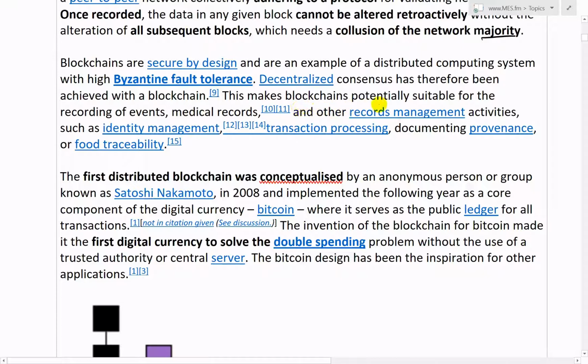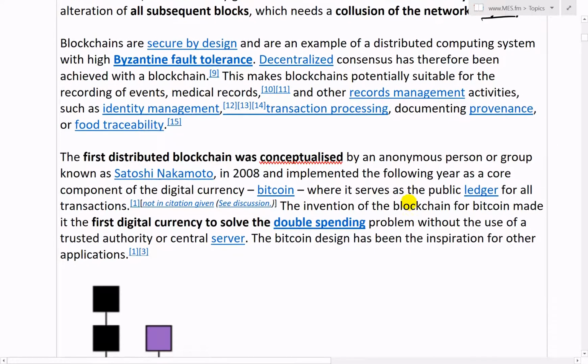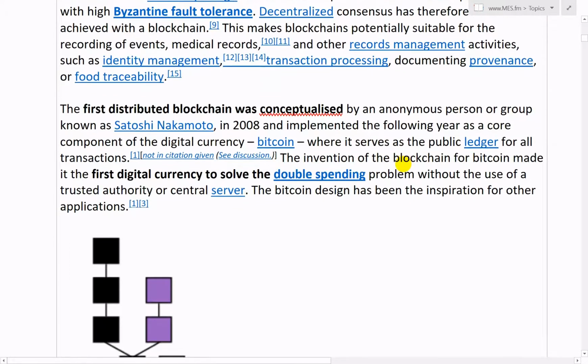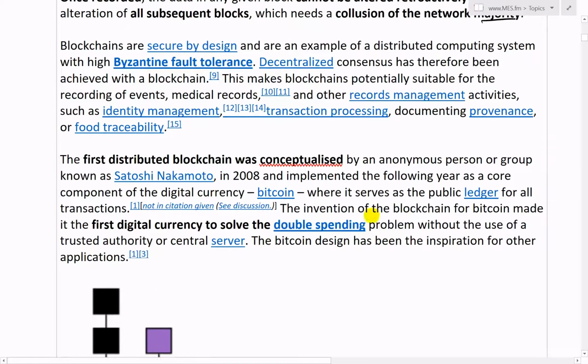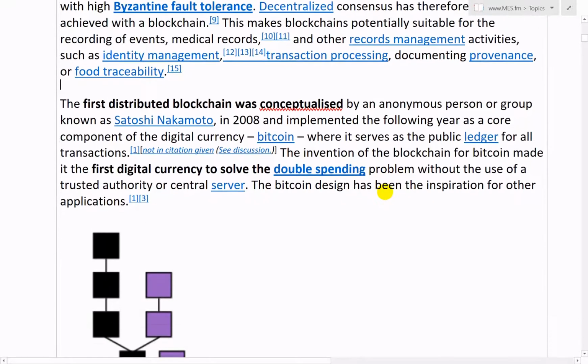This makes blockchains potentially suitable for recording of events, medical records, and other records management activities such as identity management, transaction processing, documenting provenance, or food traceability. So yeah, it makes tracing and recording things much easier and more reliable without a middleman like a bank or